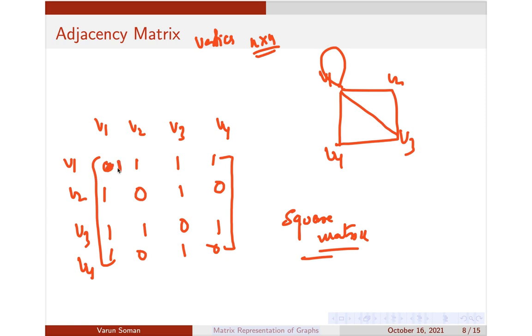Moreover, one more thing is there. Because we are only writing vertices in adjacency, we are only putting 1 if the vertices are adjacent. So there is no use of parallel edges here. If v3 and v4 are adjacent, even if you have parallel edges, the value of that cell will still be 1 only. So this definition does not make any scope for the presence of parallel edges. Even if there are parallel edges, there is no change going to happen. But in some textbooks they also consider parallel edges, so you have to be careful. In our prescribed textbooks, this is the convention being followed, so I'll also follow only this convention.